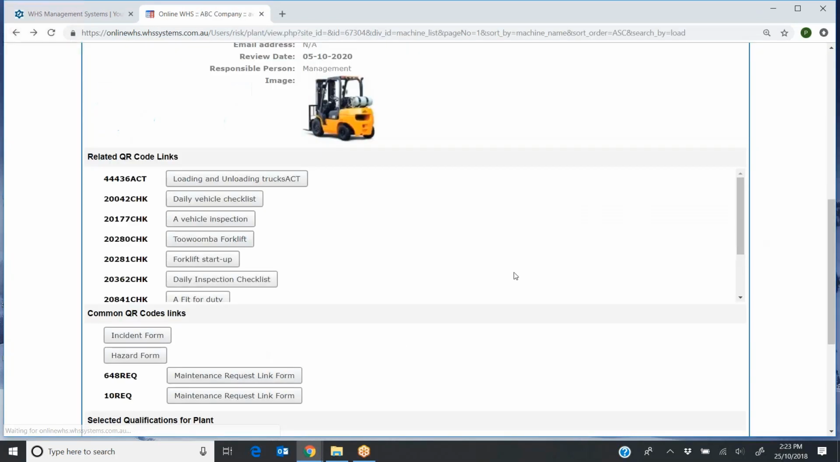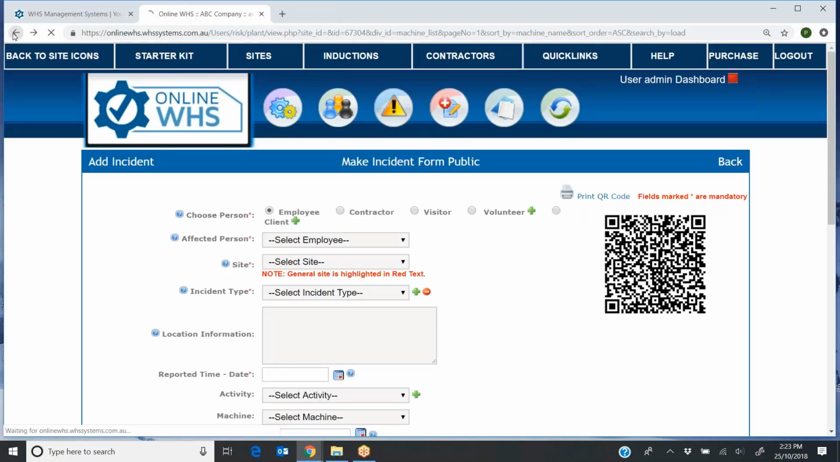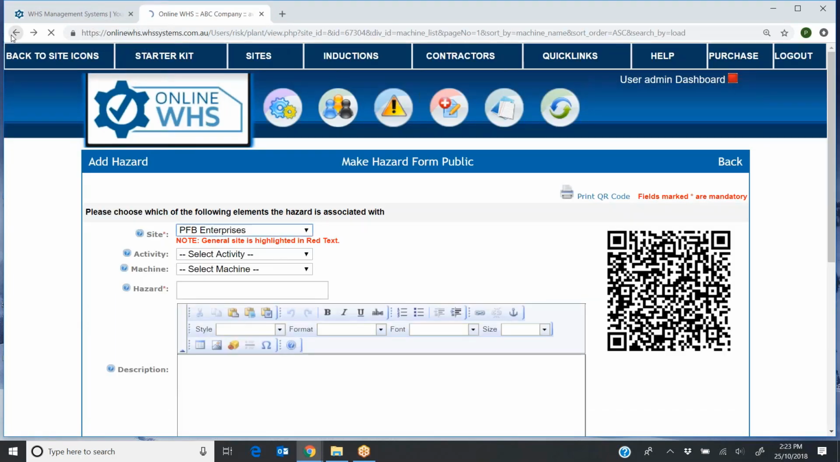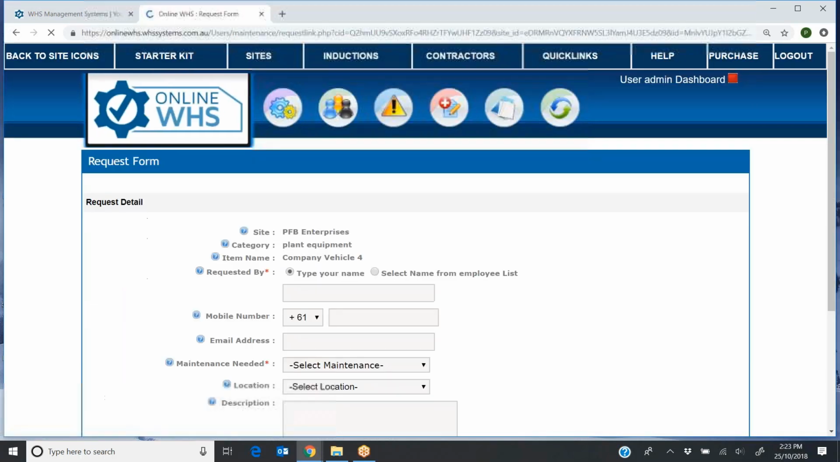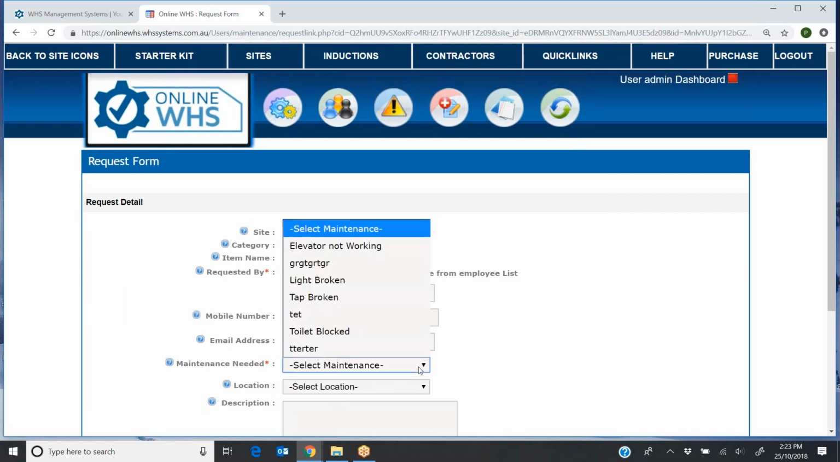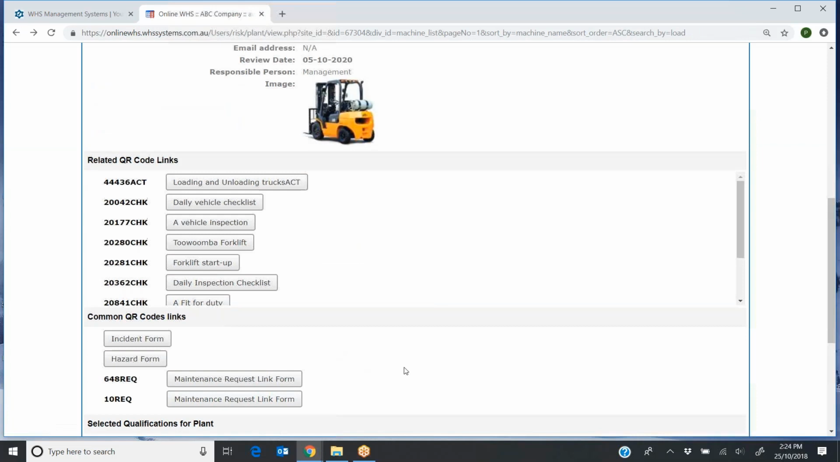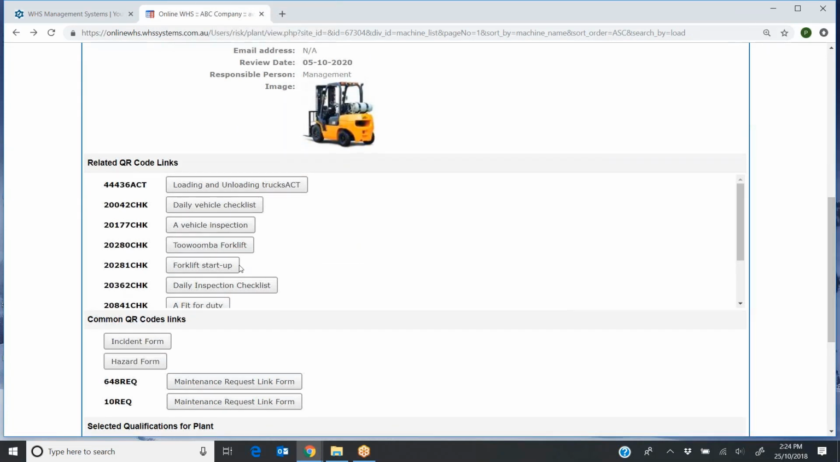They can also log an incident, and it'll take them straight to the incident form. They can log a hazard, and it'll take them straight to the hazard form. They can log maintenance, and it'll take them straight to a maintenance form. So you're looking at the plant and equipment section now. With that one QR code, a user can literally get a safe work method statement,